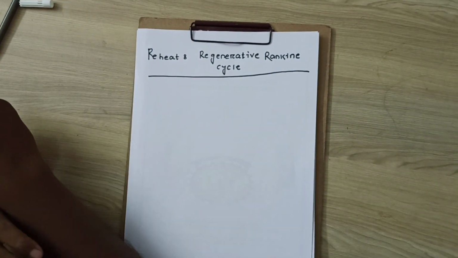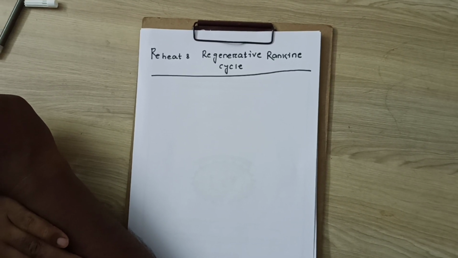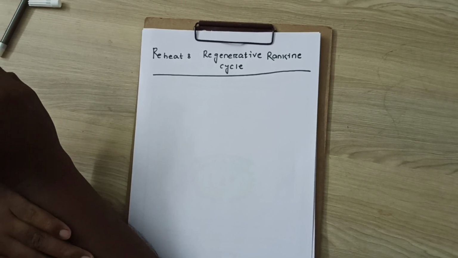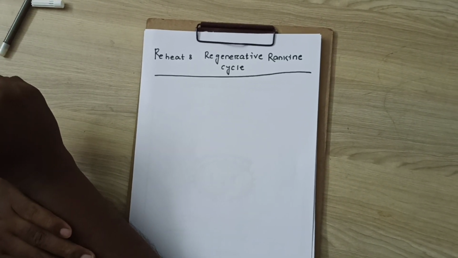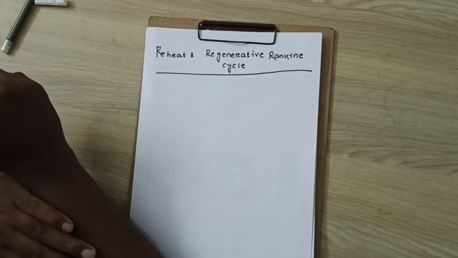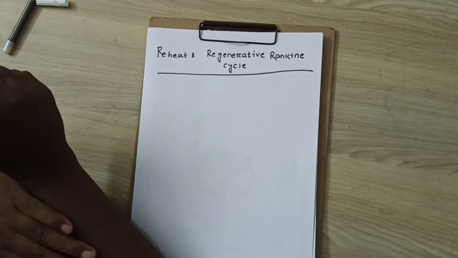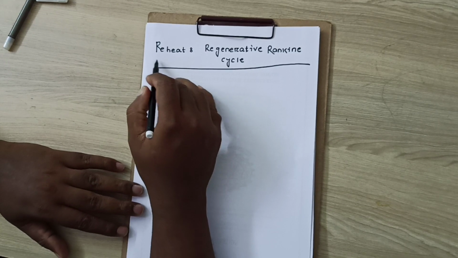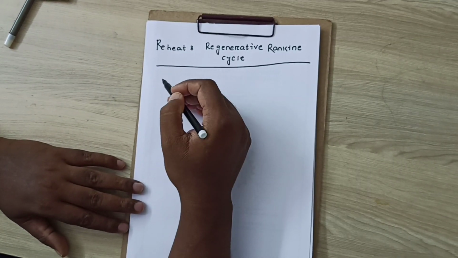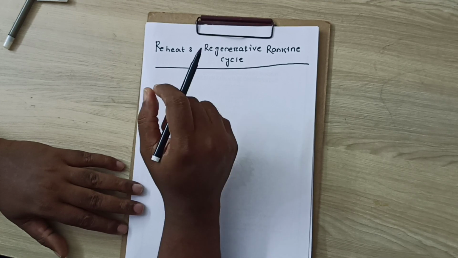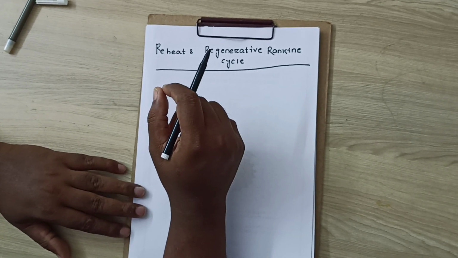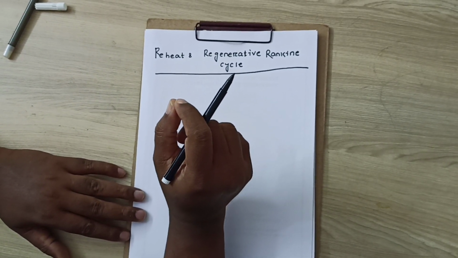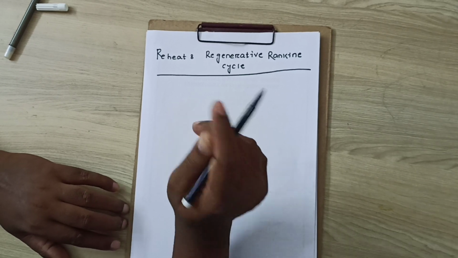Before going to this portion, I want to clarify what is the need of this reheat regenerative Rankine cycle. Some also call it the practical cycle, or the cycle which is implemented in power plants. This is the most practical one. So what is the need? We have gathered the advantages of the reheat cycle and the regenerative cycle. Both have some advantages and some disadvantages. In my previous lectures, you can recognize those. I am just putting a light on those in a fraction of a second.